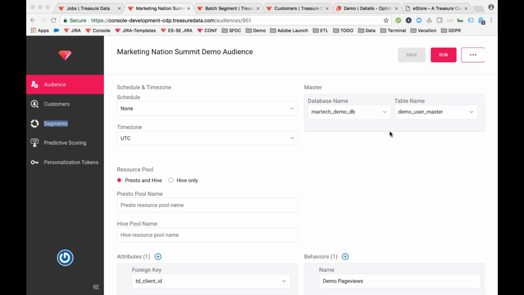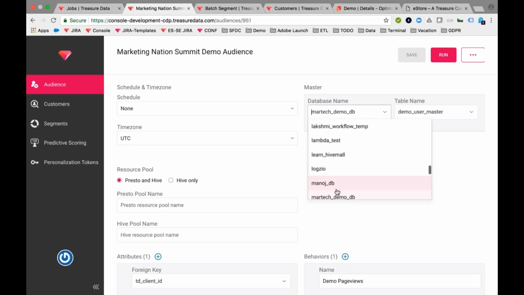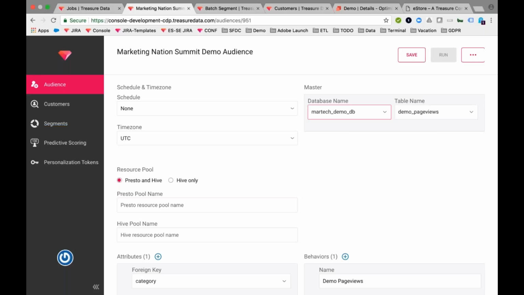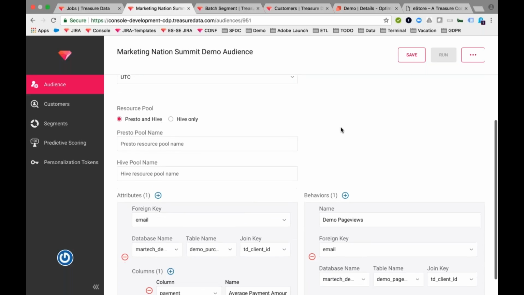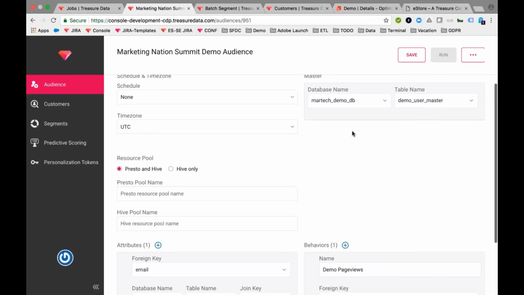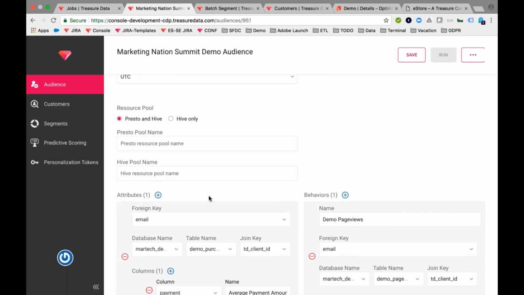You can select it from here, and this is a drop down telling you where you can pull it from. And so this is pulling Martech Demo DB and pulling this table and so forth. User master, there we go. I'm not going to run it because I'm trying to walk through it here. So again, here's where attributes and behaviors become important. So attributes for us, the way it works is that you pull up and combine the data, or in SQL they would say join the data. But if you've ever used a pivot table or a lookup function in Excel, it works exactly the same way as the lookup function in Excel.